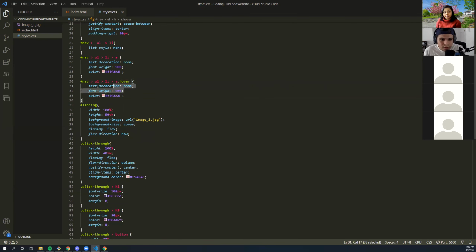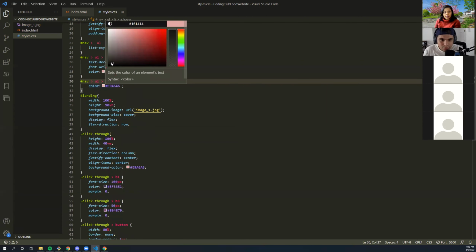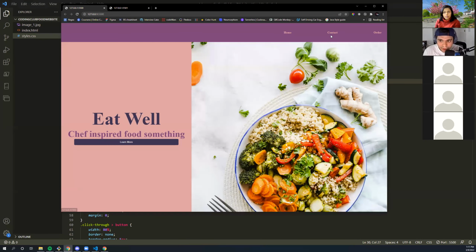And I'm gonna take the color, and I'm just going to make it black, just so that we have a visual representation of what's going on. We see when I hover over my buttons now, they all turn black. These are really helpful animation tools that are placed in the CSS. Usually you would have to do animation within JavaScript, but this is a little way to circumvent all of that mess.